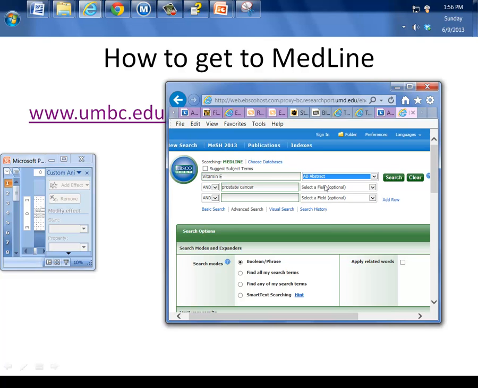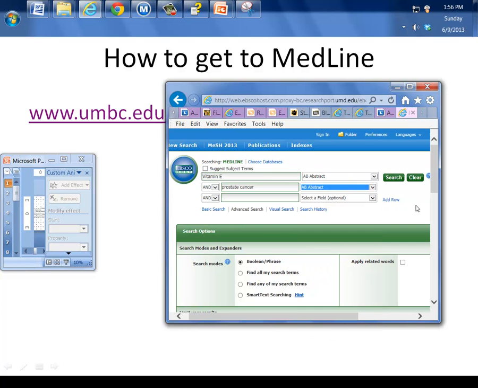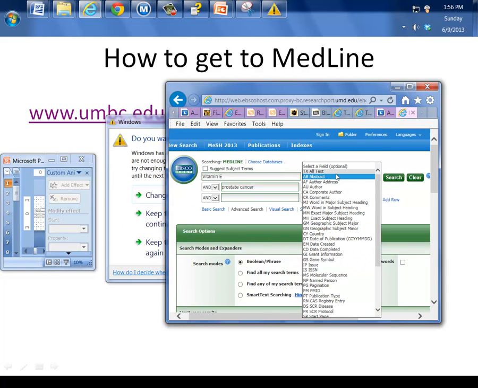So my thinking is that if an article doesn't think vitamin E is important enough to put in the abstract, I don't want to see it. And likewise, it has to be about prostate cancer. I don't want to know about vitamin E and skin diseases or things like that. It's got to be like one of the most important points of the study was prostate cancer. So I'm going to put that in the abstract too. Now, if you want to refine it even further,